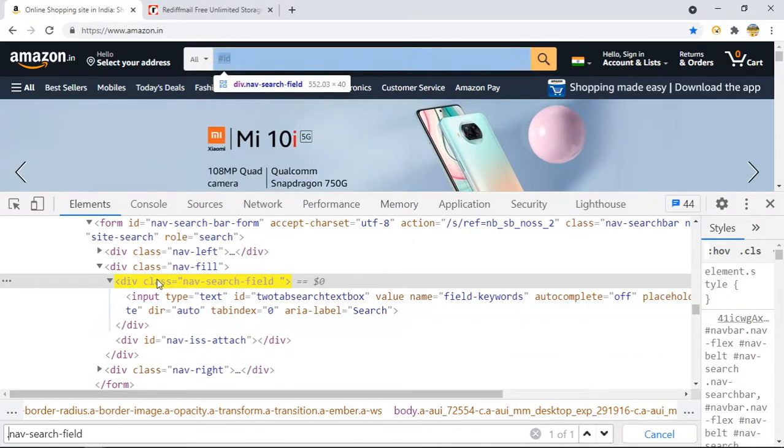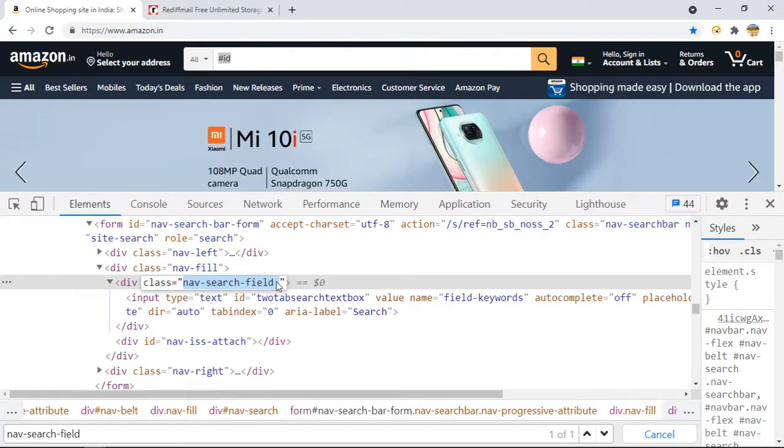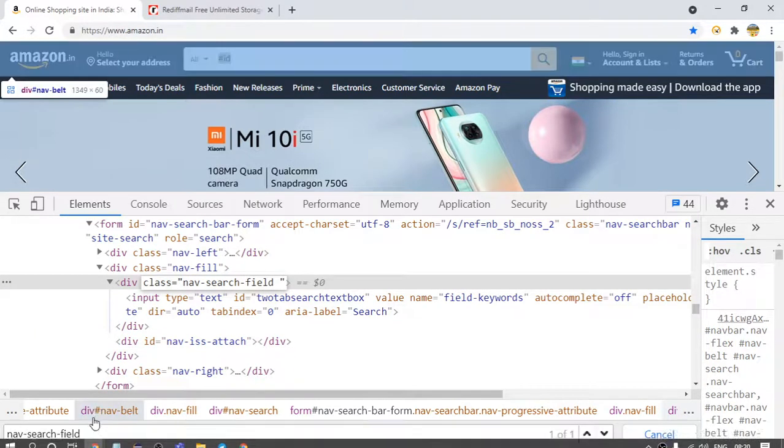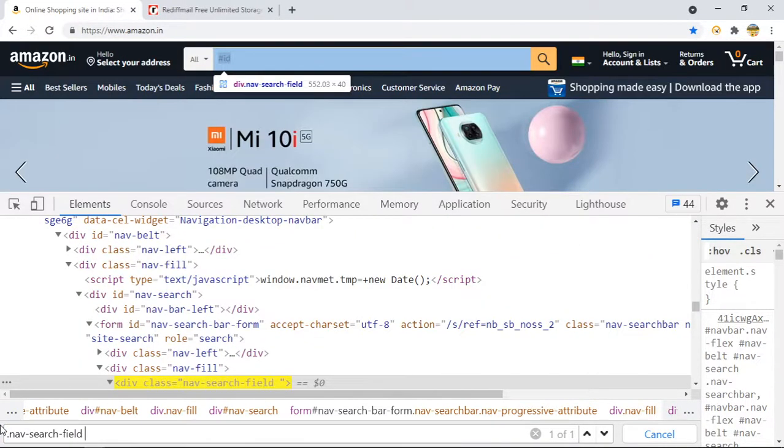So this is how you can do it. What I'm saying is that if you know the class name of any element, I will copy the class name and provide a dot operator before it. That will also be a CSS selector. So if you use find element, it will be able to perform the operation.